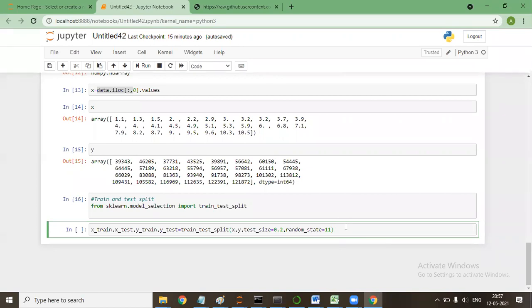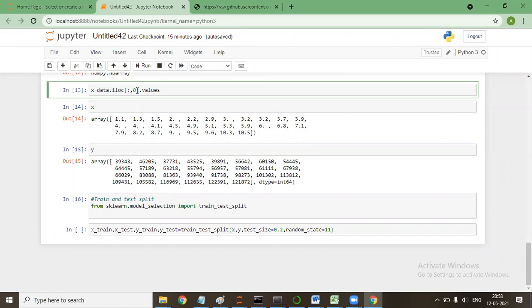For example, apart from years of experience, if we have age as an independent variable as well, am I right? Then if I say two columns, say 0 and 1, how do we store this? So 0:2, or 0 and 1, whatever the thing is. I'll take these two variables together and x will be of these two variables. How, sir? Please explain again.